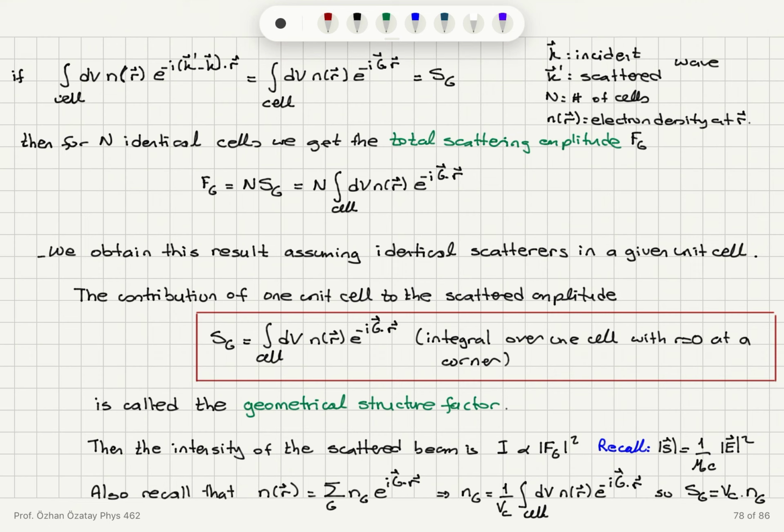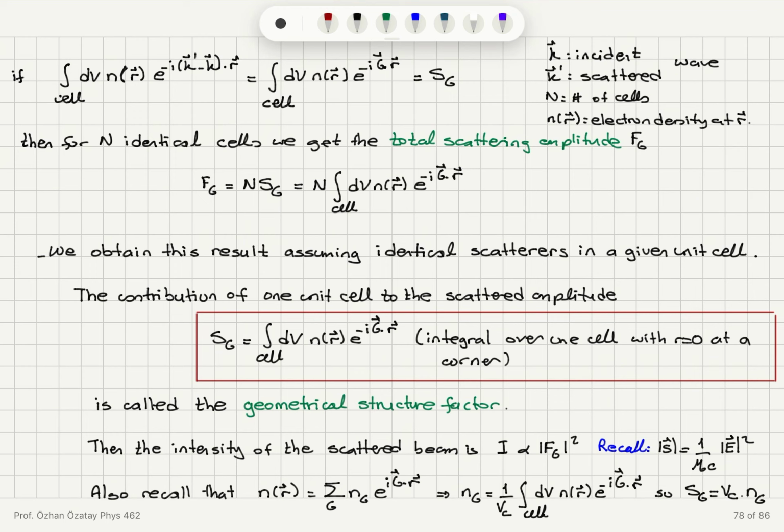Since the diffraction condition has to be satisfied, that g vector is k prime minus k through the von Laue diffraction condition. So if I have capital N cells,